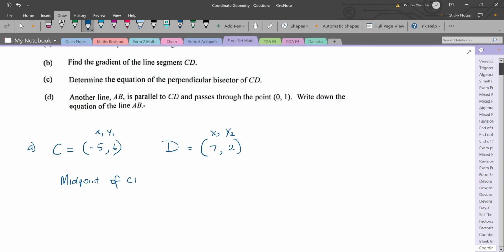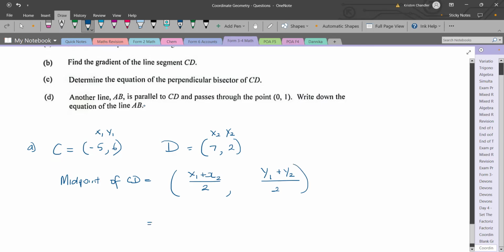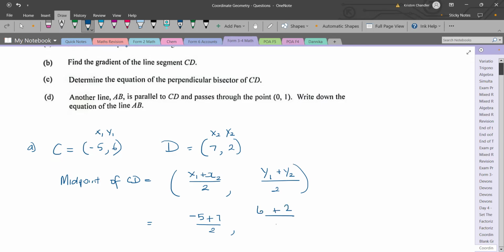of CD, right? And if you remember, your formula is going to be (x1 plus x2) over 2. Remember, the midpoint is our coordinate, so this is why the formula looks just like our coordinate. You're adding the two x values together, you're adding the two y values together, and dividing that by 2. So what is x1? x1 is -5, x2 is 7 over 2, y1 is 6, and y2 is 2 over 2,